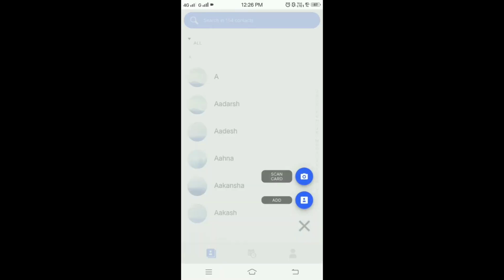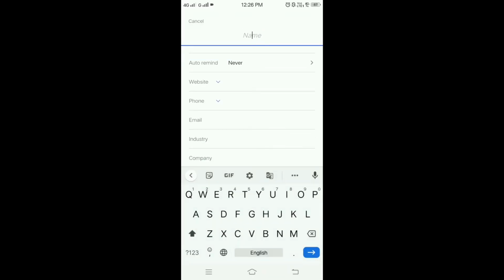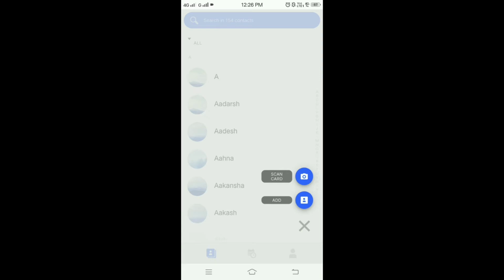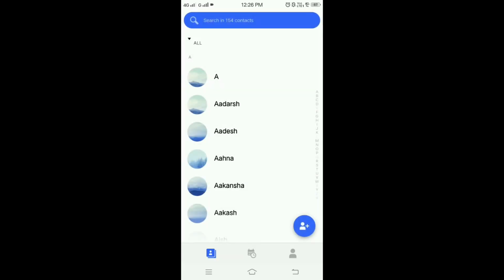From here you can add the contacts, and you can see here each and every field. It also helps to scan the card. It has the options of favorites, archived contacts, losing touch contacts, recently added contacts, incomplete contacts.